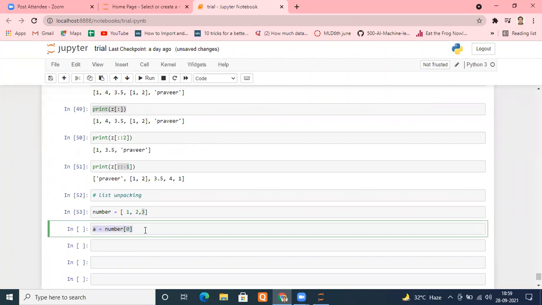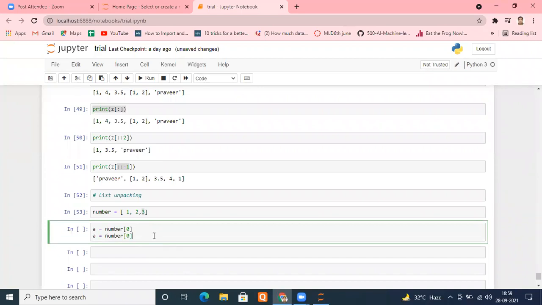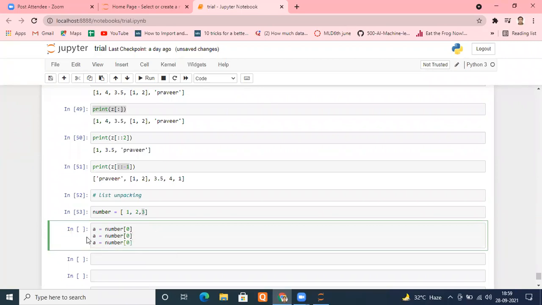Then second variable, let's say b, number of 1. Third variable, let's say c, index of 2. So first index element is assigned to a, second index element is assigned to b, third index element is assigned to c. Perfectly fine, no issue with that.